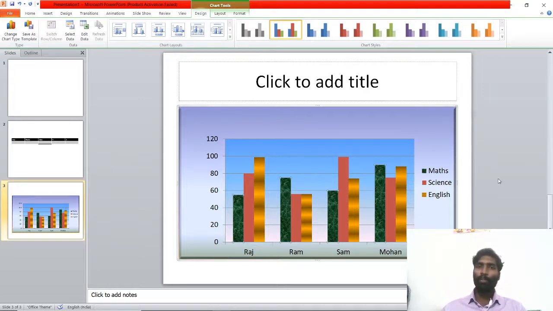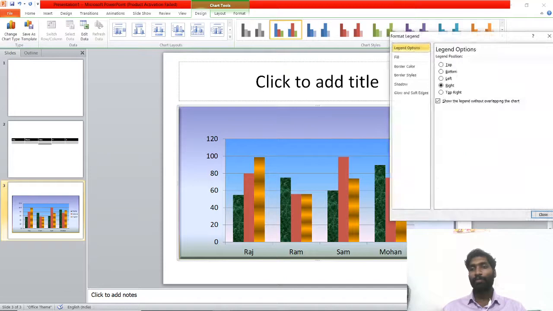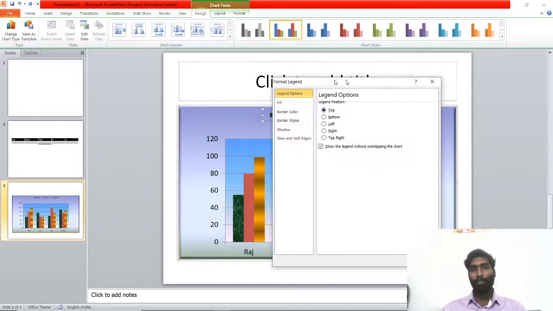How will you format a legend? Just move your mouse cursor to the legend, right click, format legend. Now you can select the position. If it is on the right side and you select left side, or top, it becomes top.